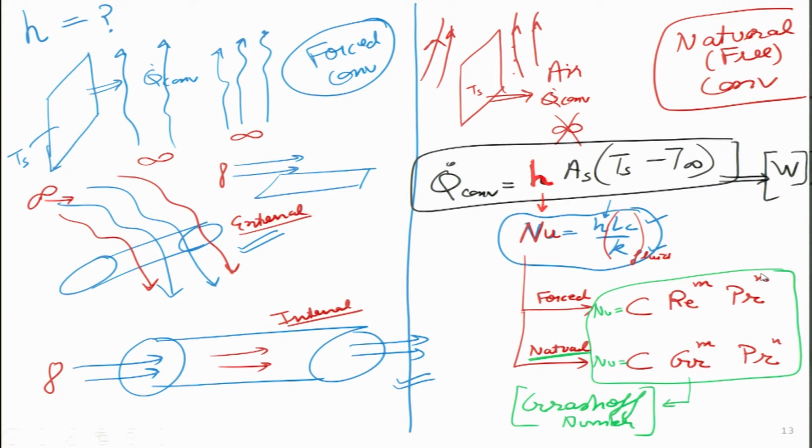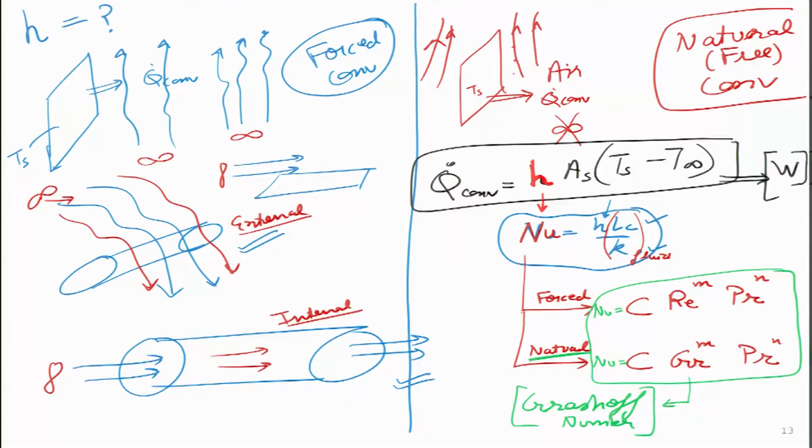So, for all the next 10 lectures, whatever answer we are going to get is going to look very similar to what we have written over here. The only thing that will be different, from case 3 to case 4 and case 5, are the values of these three constants, which are C, M and N.